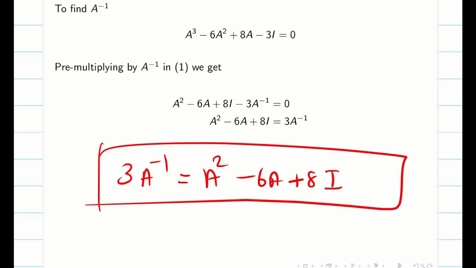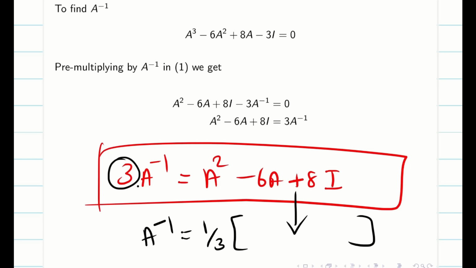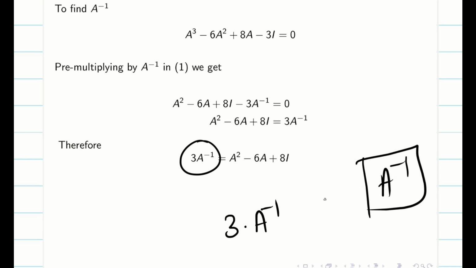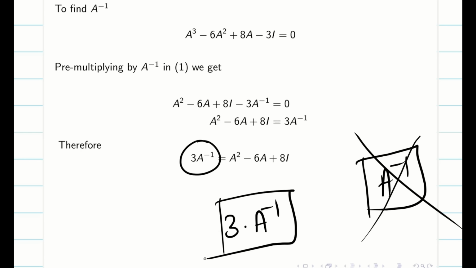And you should be very careful. The calculator can easily find A inverse. But if you bring the 3 to the other side, it will give decimal values. So never bring any value which is multiplied with A inverse. Keep it as it is. Find that value using your calculator. Finally write the value to the other side as the denominator, 1 by 3. Now I am going to find 3 into A inverse, not simply A inverse. This is very important, students. I don't need this. I want to find this. And finally I'll write A inverse is equal to 1 by 3 and the matrix which I found from the